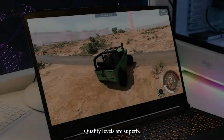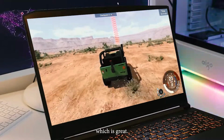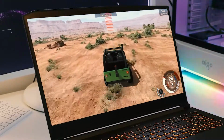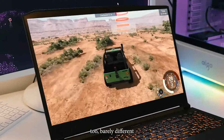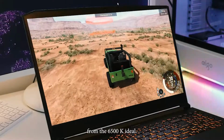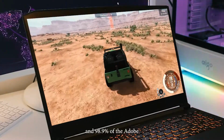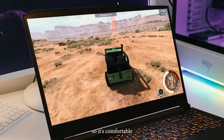Display quality levels are superb. The Delta E sits at 1.9, which is great. Anything below 2 means human eyes can't detect color deviations. The temperature of 6,329 K is great too, barely different from the 6,500 K ideal. The Acer rendered 99.8% of the sRGB and 98.9% of the Adobe RGB gamuts, so it's comfortable working in both